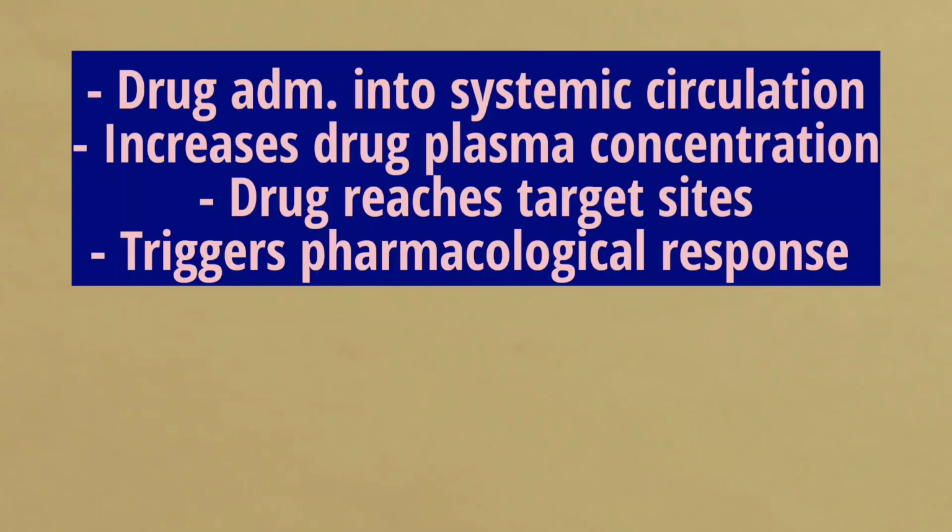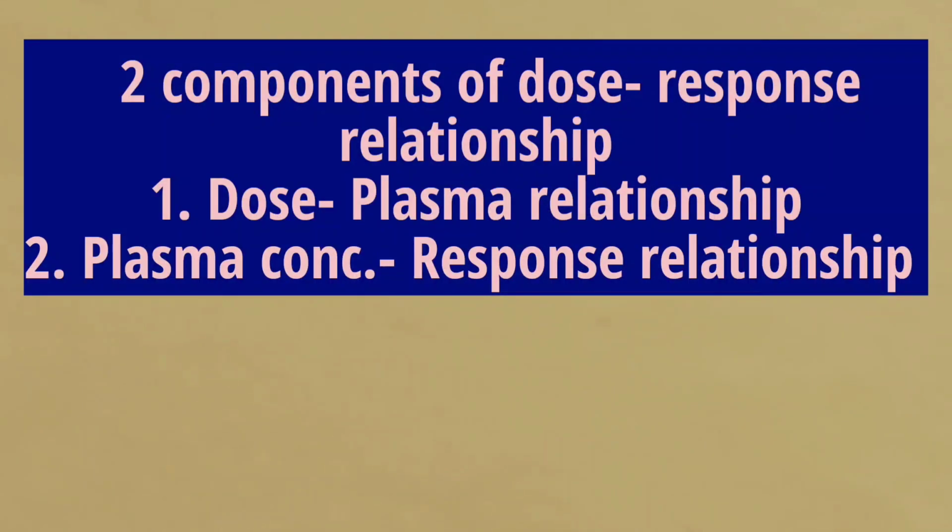As the plasma concentration of the drug increases, the drug reaches the relevant target site or the receptors and triggers a pharmacological response of the drug. Thus, the dose-response relationship has two components. Firstly, the dose-plasma concentration relationship, where the dose increases, which increases the plasma concentration of the drug. And secondly, plasma concentration and response relationship, which means that as the plasma concentration of the drug increases, the response